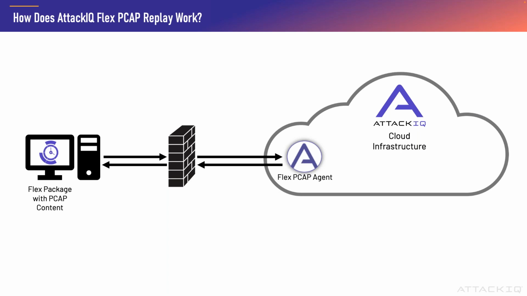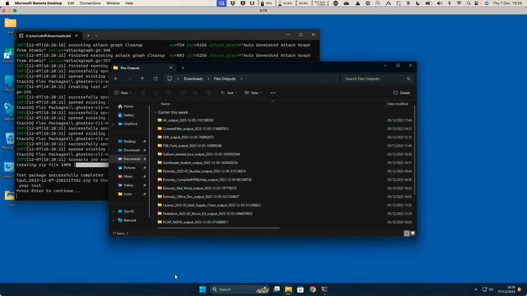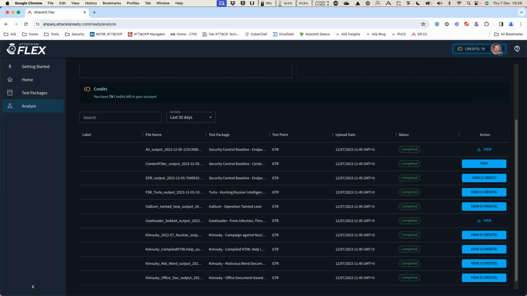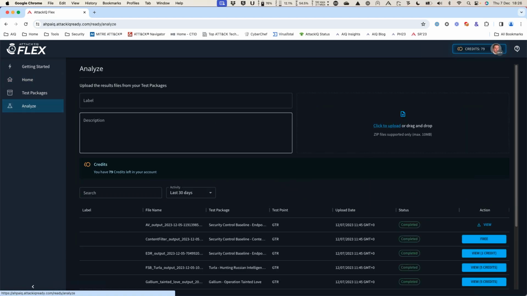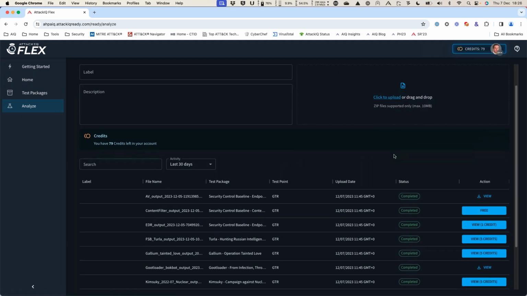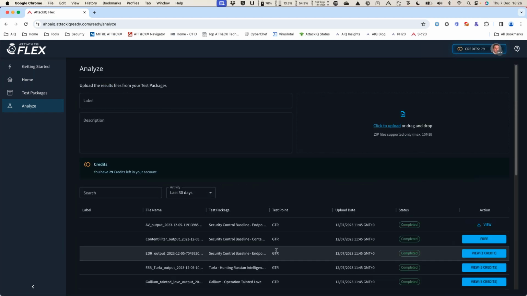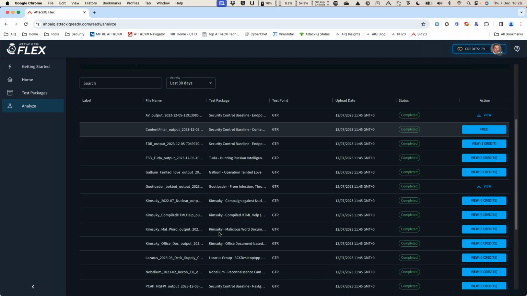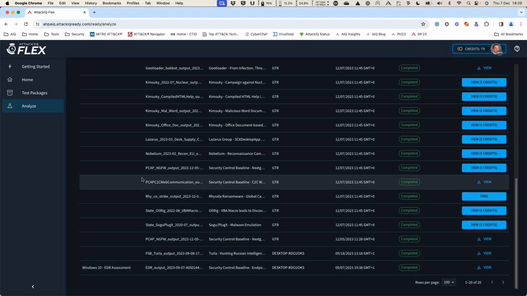So let's go and have a look at one of those. So let me hop back to the machine here. Well, in fact, let me go back to the Flex portal here. So let's go to Analyze, because I ran one earlier. So there's actually two that use PCAP. I mentioned the network one. There's also a C2 one as well. So let me just see if I can find that. I did it here earlier. So yeah, here we go. So you can see they're prefixed with PCAP. So if I click Web Communication,